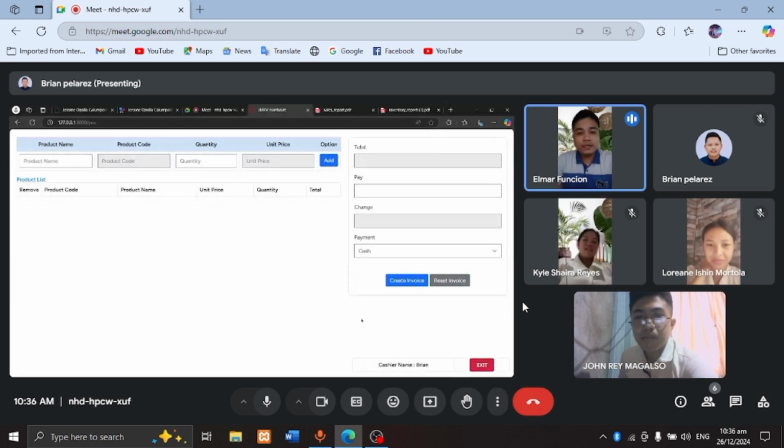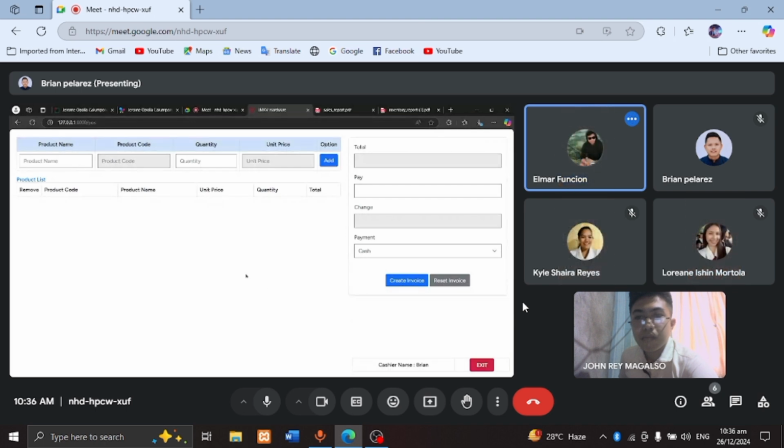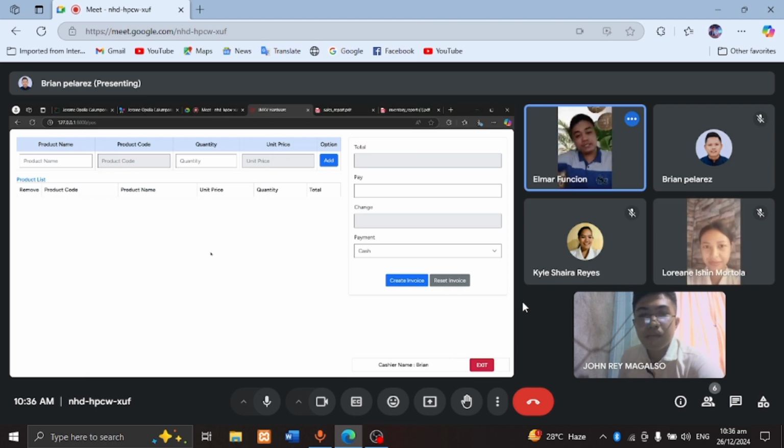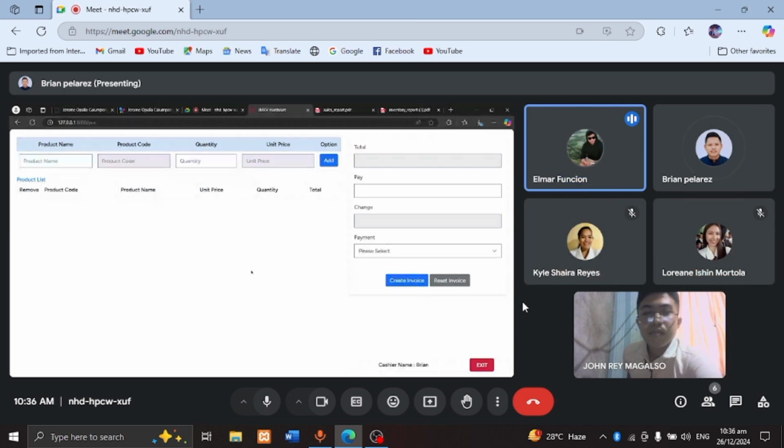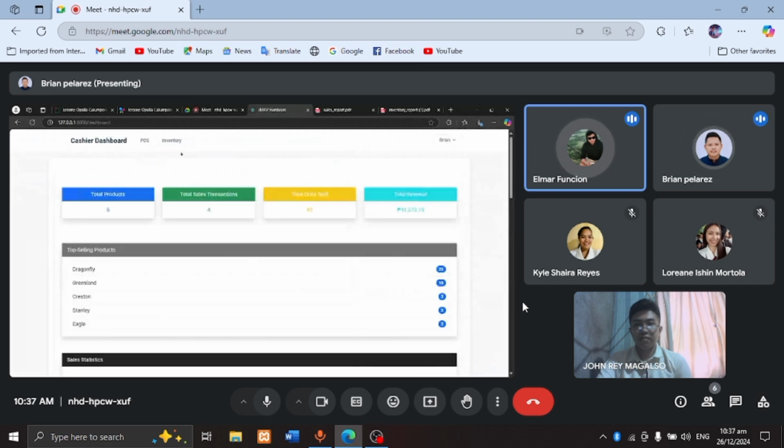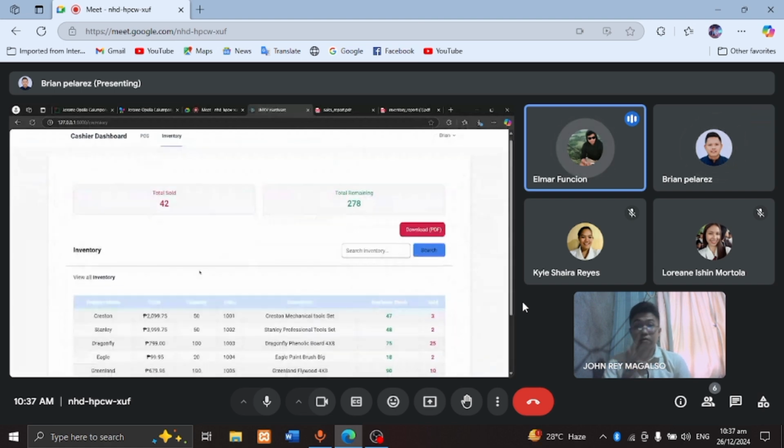As you can see, the system performs the processes needed in our POS system. Also in our cashier UI, we have the interface for the inventory. So let's go for the inventory. We're just going to exit this and go to inventory.